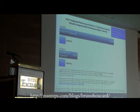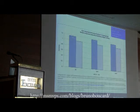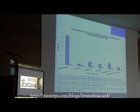We look at, we can look at our ability of our integrated performance primitives to get better performance than competing open source technologies like OpenSSL. And we do really great here. And our math kernel library, we continue to improve our math kernel library. And let me see, I've got some Intel, Intel. Oh, here we go. Take a look at